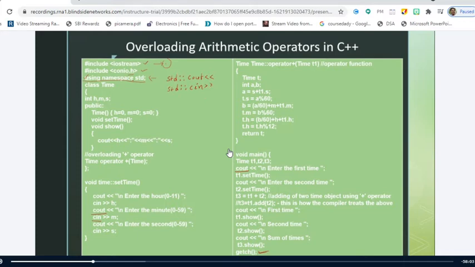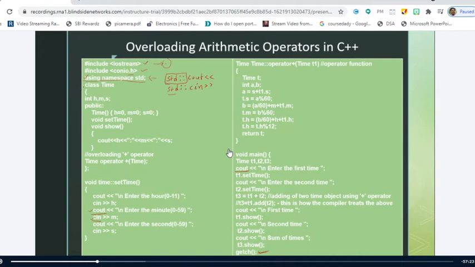If you don't use this namespace std here, and you write cout and cin in the normal fashion, then the compiler will raise errors, because cout is defined under the std scope. Is it clear up to this point? What is the use of namespace std? To avoid the std scope resolution operator, we put a statement saying using namespace std. So we are clear about these three statements.